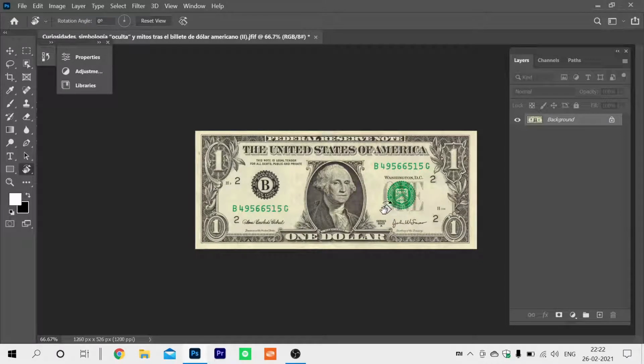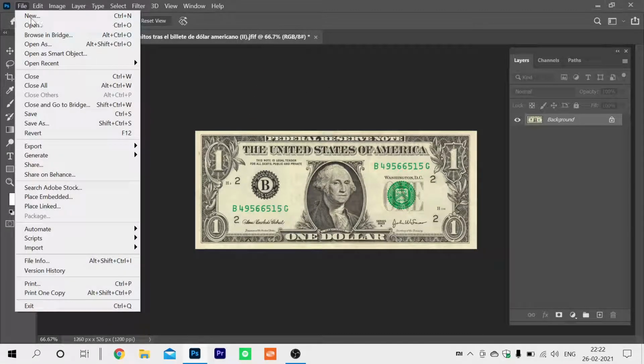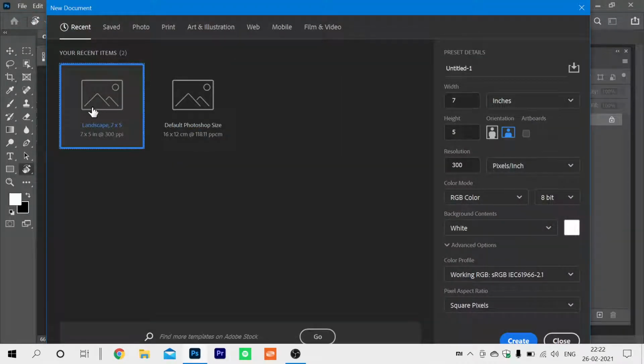Today I'm going to show you how to make $1 into a lot of dollars. It's a simple trick anyone can do. And first of all, you have to create a new